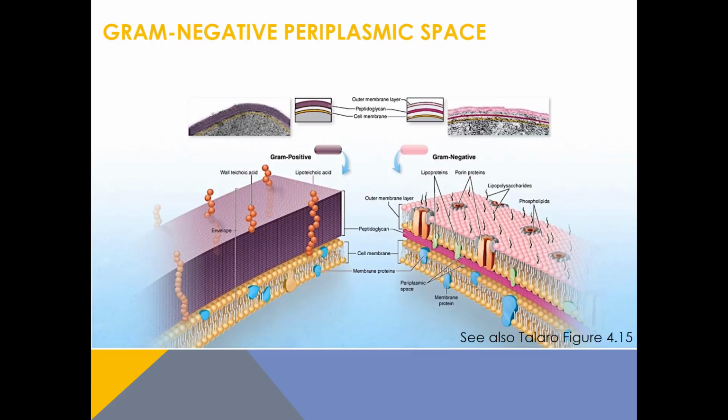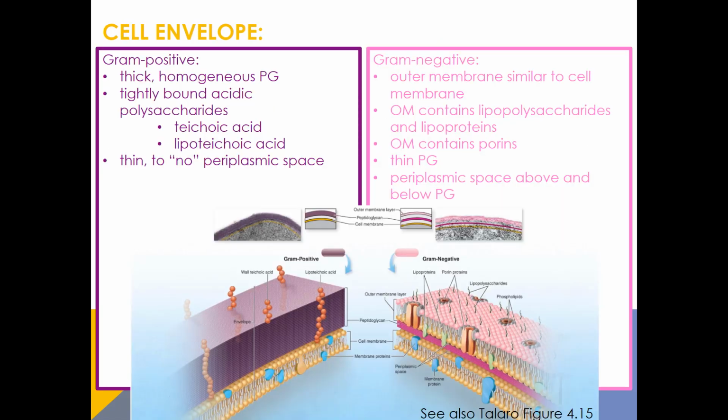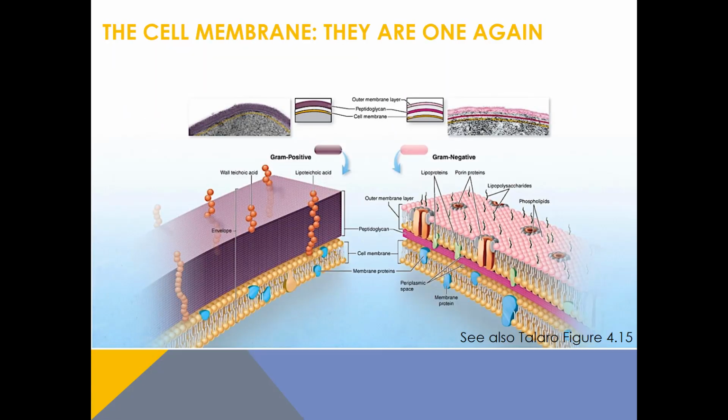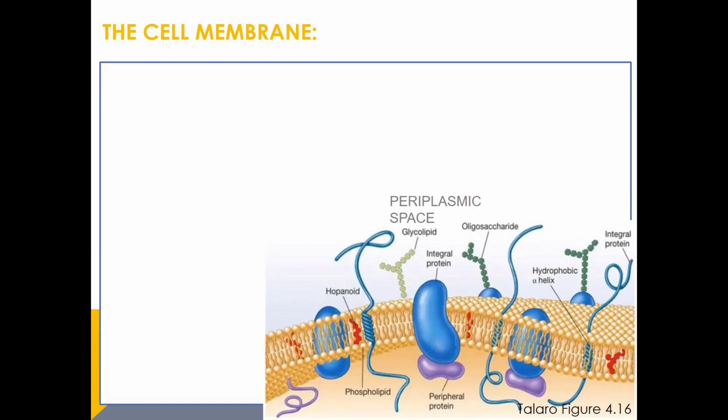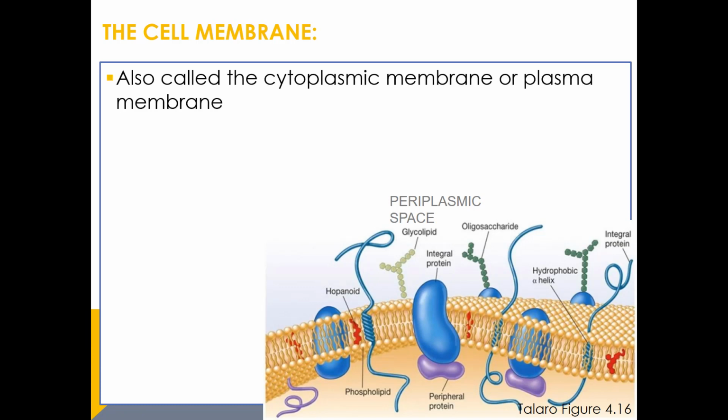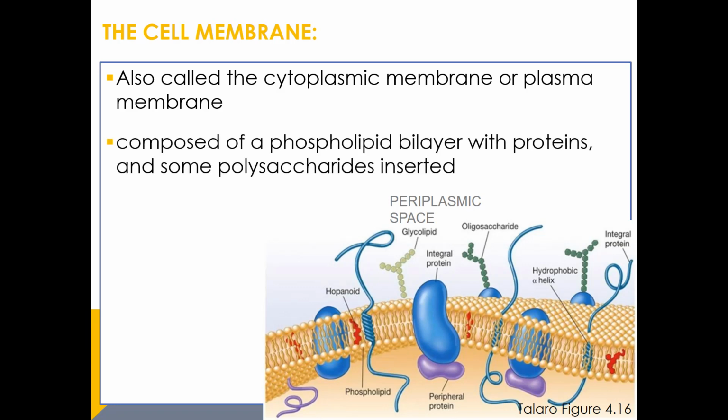Okay, back to the cell envelope. When I talked about the cell wall and the periplasmic space, and some weirdos, I mentioned these things. Now, when we talk about the cell envelope, we have to talk about the cell membrane. All cells have a cell membrane, and all membranes are composed of a phospholipid bilayer. It can also be called the cytoplasmic membrane or plasma membrane, as I have mentioned already, composed of a phospholipid bilayer